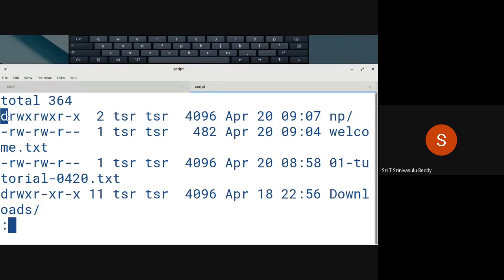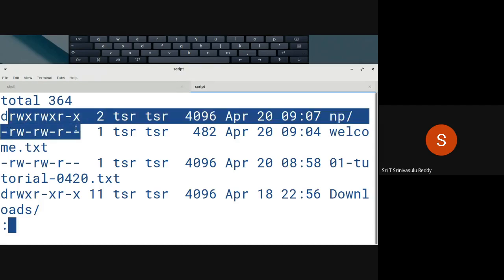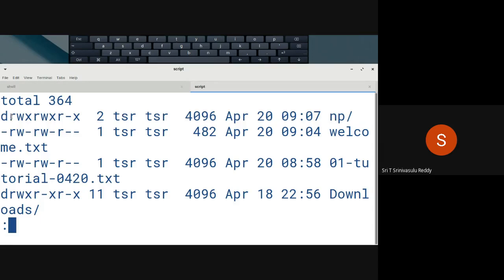The first character in a long listing will always talk about the type of the file. So it is a directory, and these other things, those are all the permissions. Who can read the corresponding file, who can make changes. W stands for write permission, and X stands for executable permission, whether you can execute that as a command or can you enter into the folder. You can change the directory into that particular thing only when you have executable permissions, right? So these are the permissions.